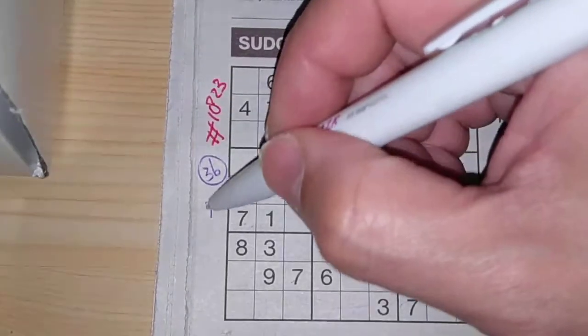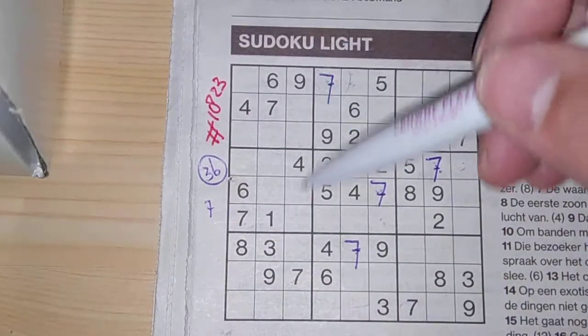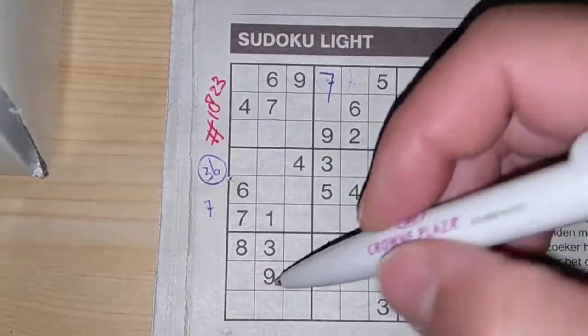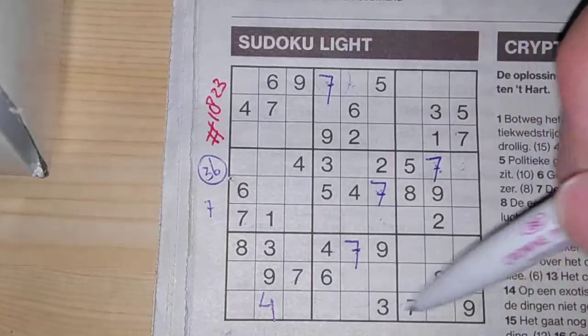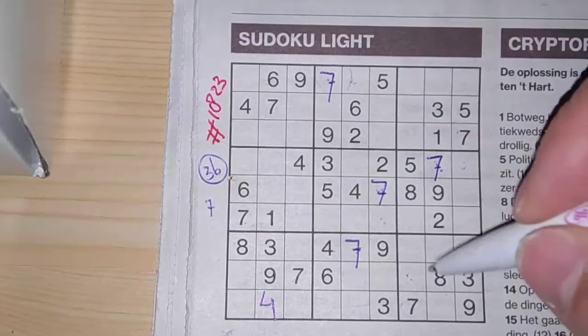Yes, digit number 1. 4 in this column, 4 in the third column, so the column between, the second column. The only place for the 4 should be there. 4 in this row, 4 in the last row, so the row between, the only place for the 4 should